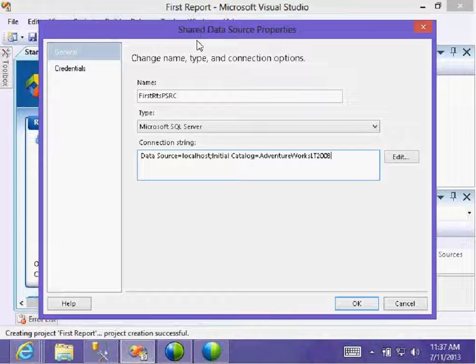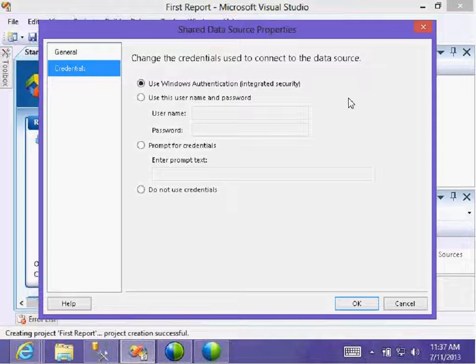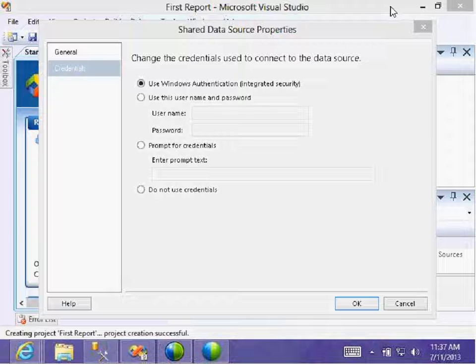If you want to set the source, then go to credentials. In the credentials, you can specify a separate username and password for this particular source, because people want to secure the connection.